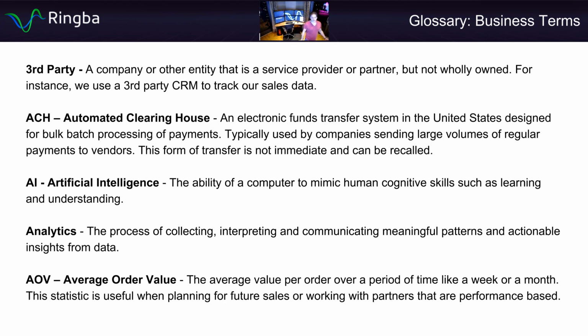AI, or artificial intelligence, the ability of a computer to mimic human cognitive skills such as learning and understanding. Openly, most people that are claiming their company is using artificial intelligence are absolutely full of shit. The vast majority of technology out there right now is simply a machine learning model that does very simple tasks to mimic human behavior. However, most of these companies don't actually have artificial intelligence, and it's a really big buzzword that's used all over the place right now.